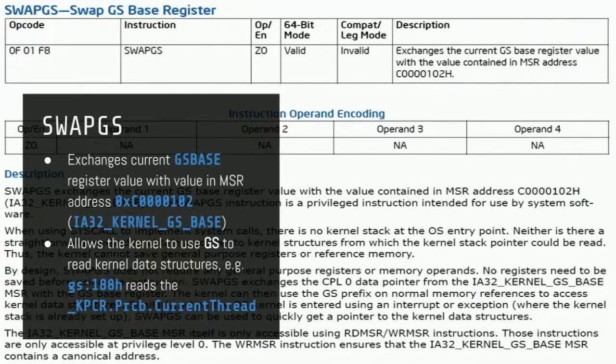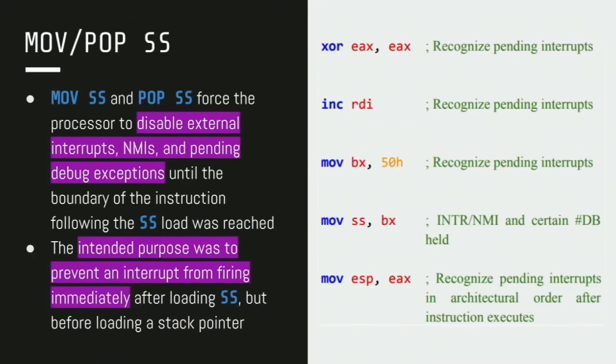I explained what swapgs did, but just an overview, all it does is take whatever's at that GS base, just like what was at that FS base, and swap it with this MSR, a model-specific register, a hidden CPU register, and it allows the kernel to then access the GS base to read kernel mode data structures. Pretty straightforward. Now Nick's going to explain how we leverage mov SS and pop SS specifically to enter these interrupt handlers and confuse the operating system into thinking that we've entered from kernel mode, and therefore avoiding the swapgs. And this is the heart of the exploit.